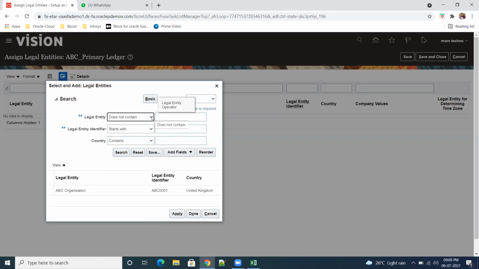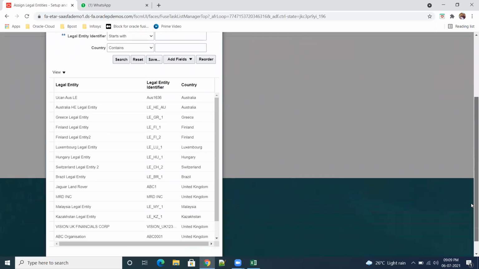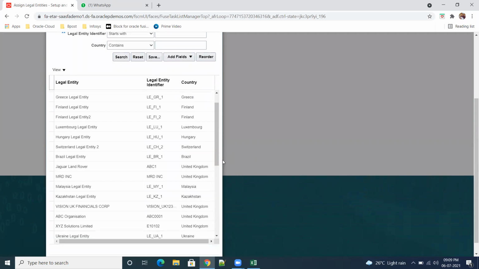For example, if you don't know the ledger name, you open this drop down and choose does not contain. If you give anything like XYZ, the system will pull all the legal entities present in the system. That way you can pull out your complete legal entities in the system.